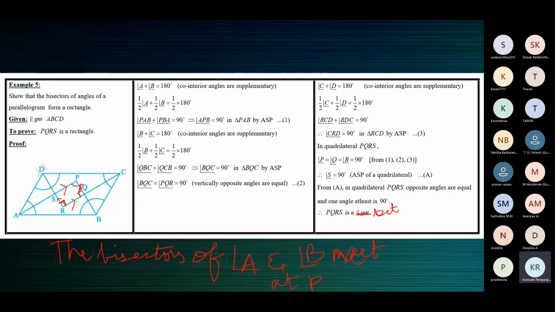So this is using the property that both the pairs of opposite sides are parallel. That is the definition of a parallelogram. But for a parallelogram, we can use different results to prove it. In certain cases, we will use the property that the diagonals bisect each other, so it's a parallelogram. Sometimes you can prove more than one result. Sometimes the information will be sufficient only to prove one result. So accordingly, we choose the condition. So here you can do it like this also.